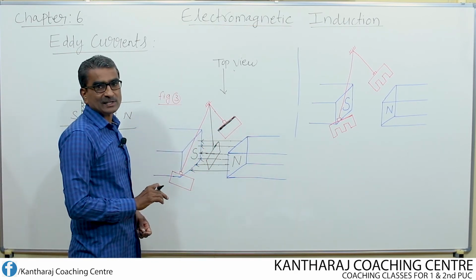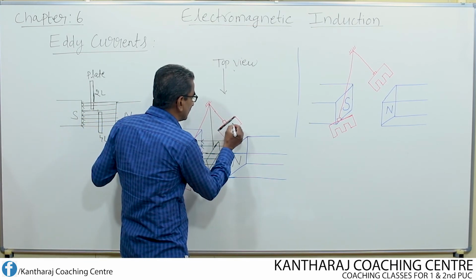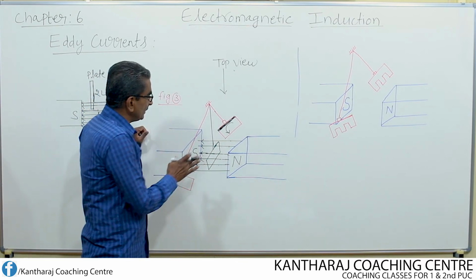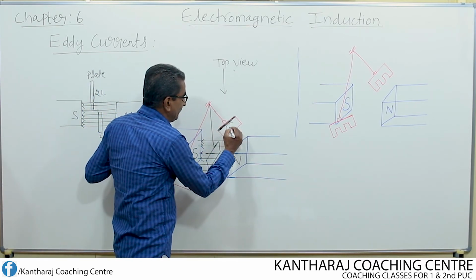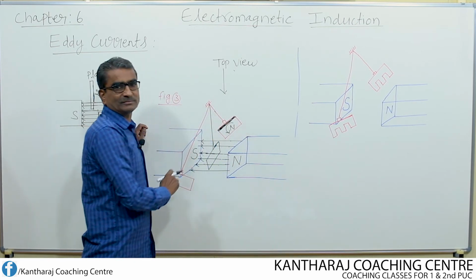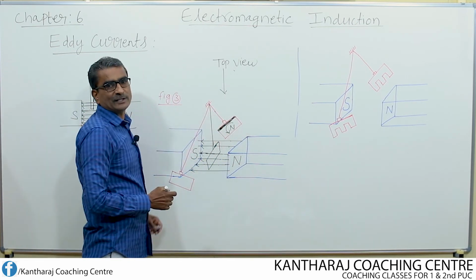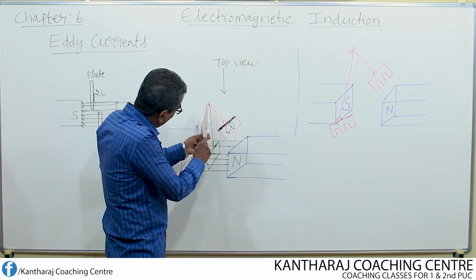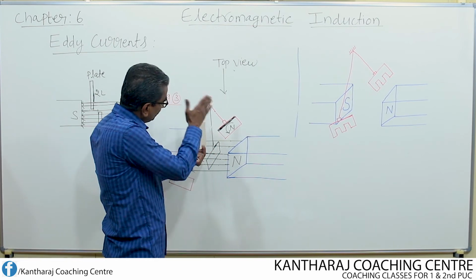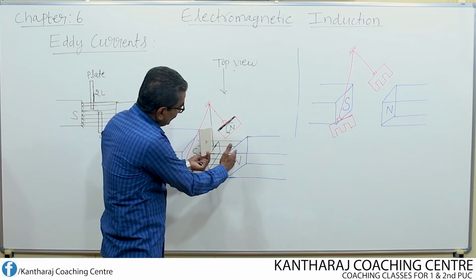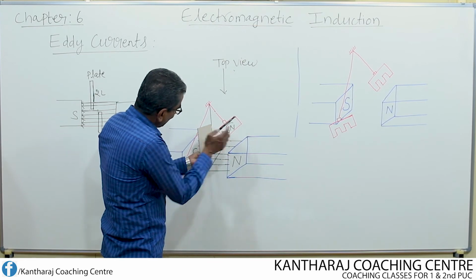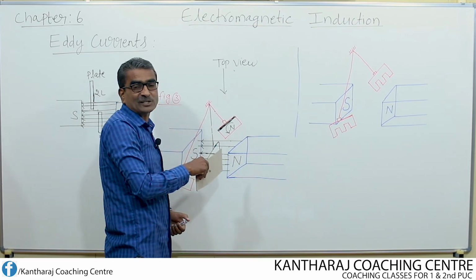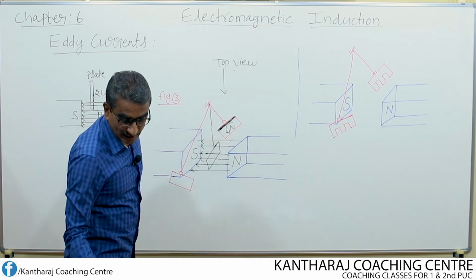And the direction of induced EMF in this case, look here, this will be the direction of induced EMF. Then this face behaves like a north pole, whereas the backside face behaves like a south pole. That means when the plate enters into the field region, this face behaves like a north pole, whereas this face behaves like a south pole. So north is repelled by north, and south is repelled by south. This is how the oscillation is disturbed.